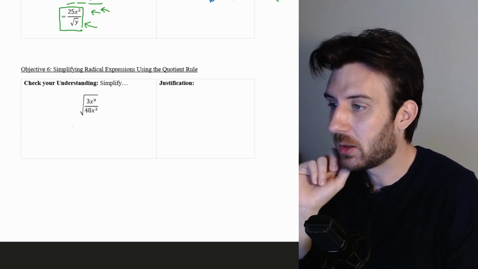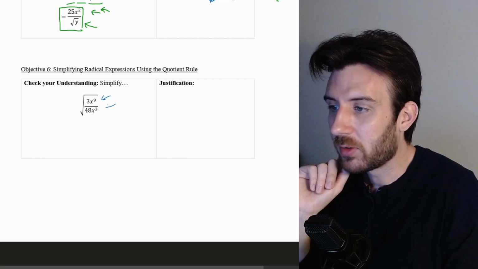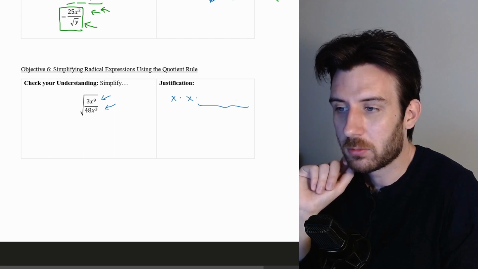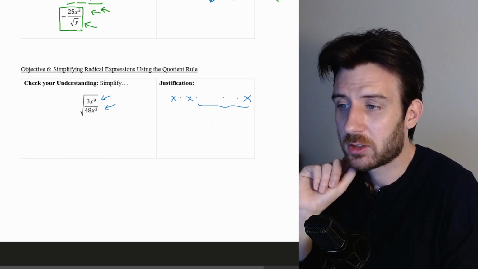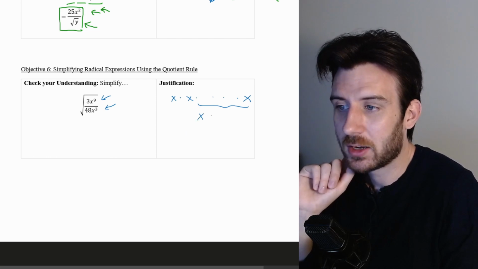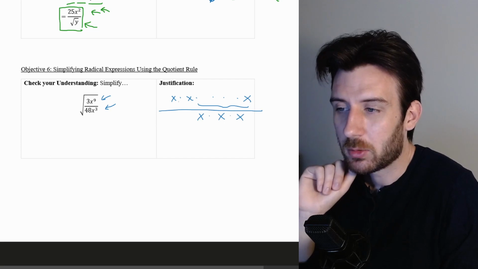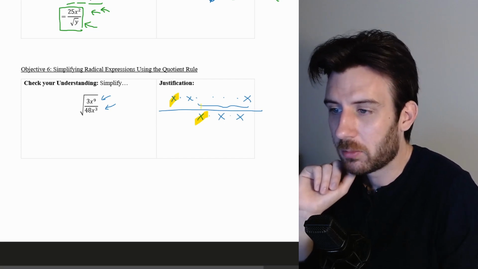The first thing that pops out immediately to me is I have x to the 9th, and I'm dividing by x cubed. So we can think of that again as x multiplied by itself repeatedly a whole bunch of times, and by a whole bunch, in this case, I mean 9 times. So I've got x multiplied by itself 9 times. I'm dividing by x 3 times. And we know that's going to cancel out 3 of these x's from the 9,